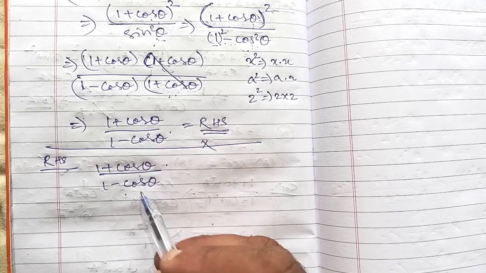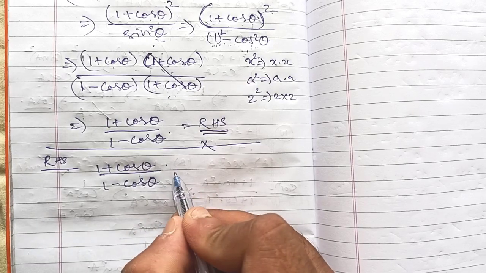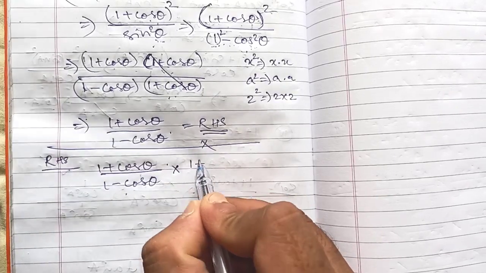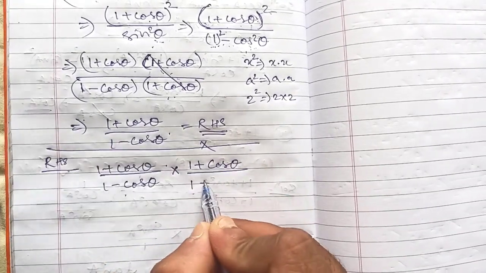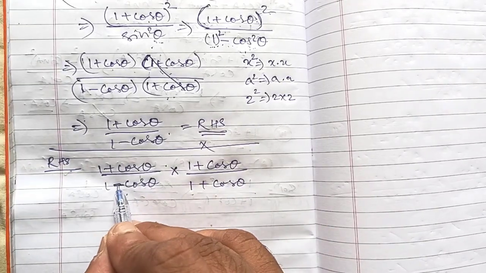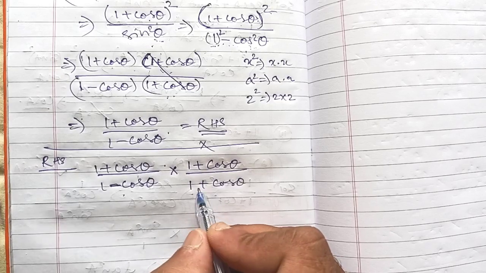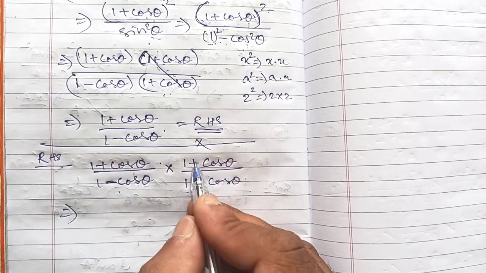Okay, they are having degree 1. So whenever you are getting any question with numerator and denominator, what you have to do, you rationalize it. You might have studied rationalization in the 9th class. Whatever is in the denominator, you write the same terms but with opposite sign. Here minus is there, so we will write it with positive sign. Okay, so whenever you are getting this type of question, you just rationalize it.